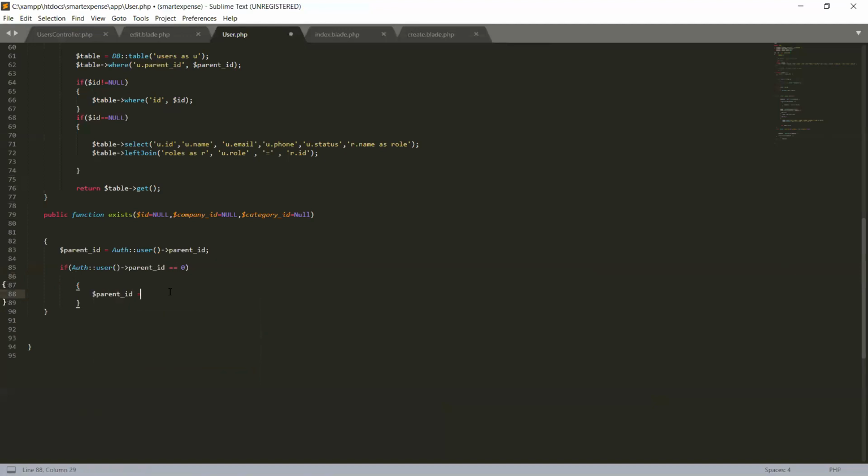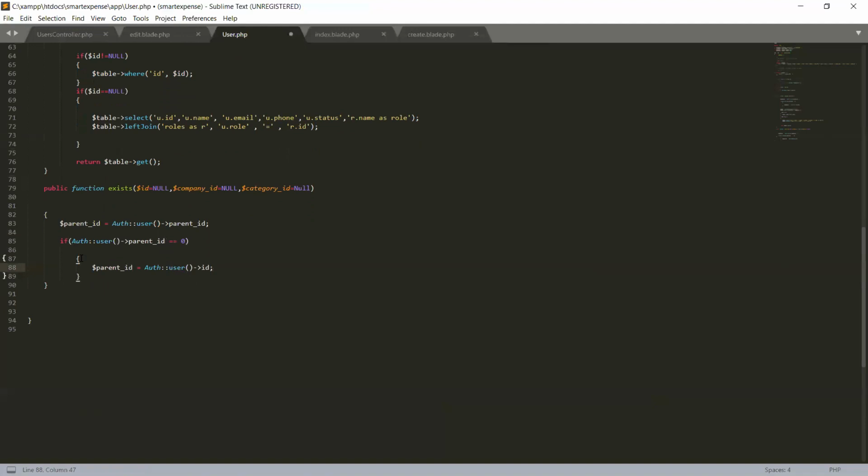Parent ID will become the currently logged in user ID. So here.